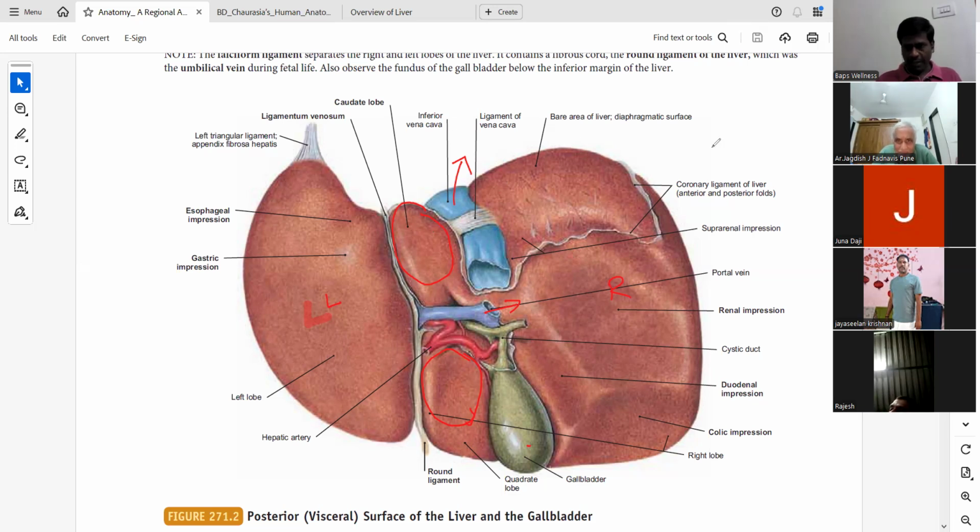That is right atrium, then right ventricle, then pulmonary artery, and then to the lungs from the liver. Inferior vena cava, from that it enters into the right auricle, and then